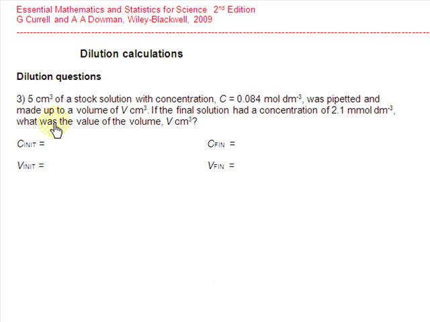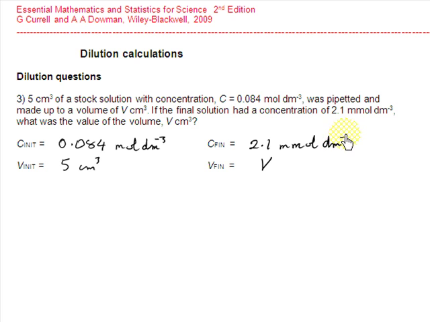In question 3, we're told we have 5 centimeters cubed of a stock solution, so that is the initial volume, and it has a concentration, this is the initial concentration, 0.084 moles per decimeter cubed, and that it was pipetted and made up to a final volume of V. So we're told the final volume is a volume V, and that the final concentration was 2.1 millimoles per